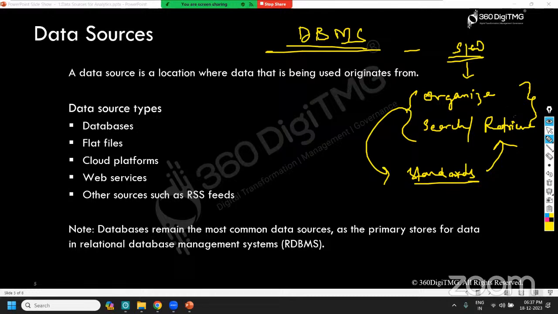All right, now when we talk about these DBMS, database management systems, as I said, there are different types of database formats that we can store, right? We'll be discussing all of it. Okay, but